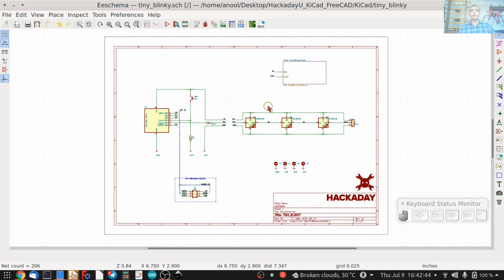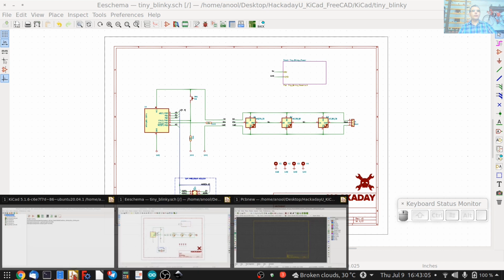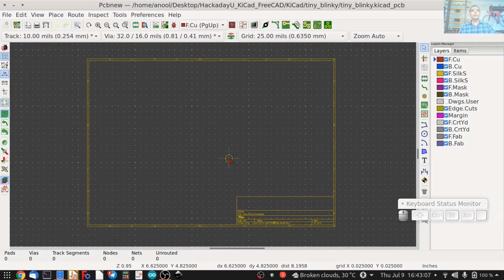But with the current versions of KiCad, you can actually do away with creating a netlist by just directly jumping over to creating the circuit board layout like so by clicking on this toolbar icon called Run PCB New. So once you do that, we are presented with the blank slate of the PCB New editor.